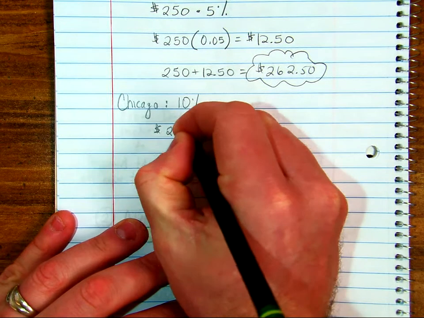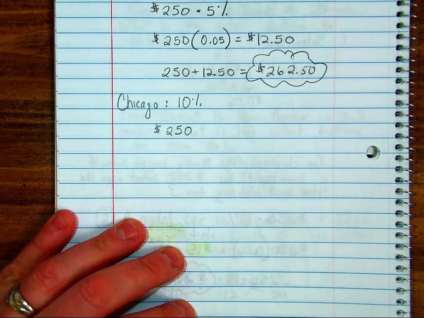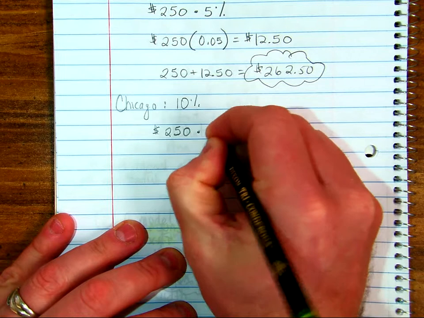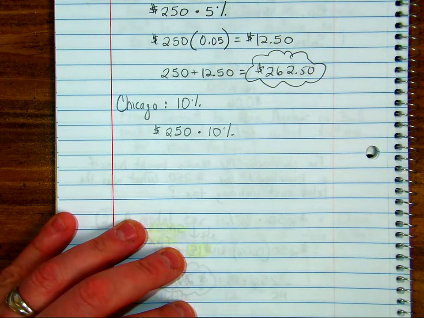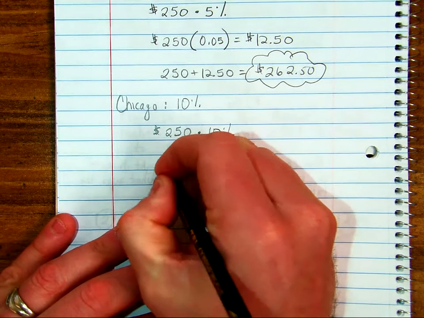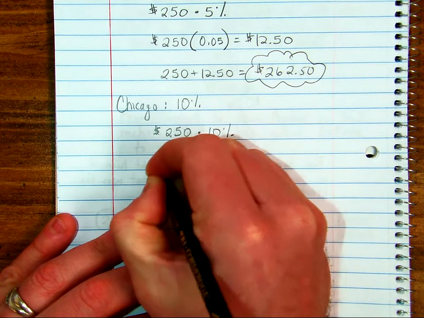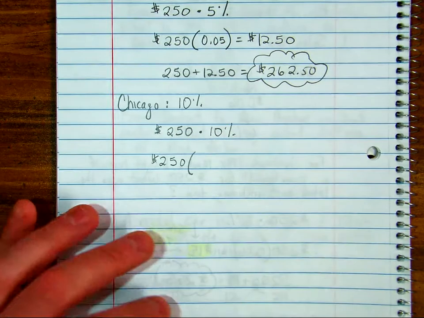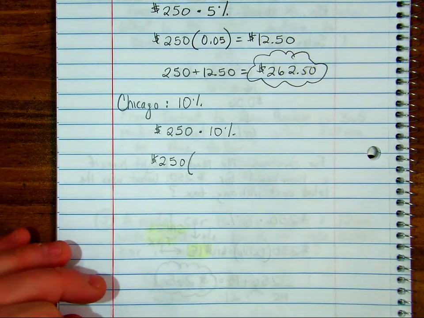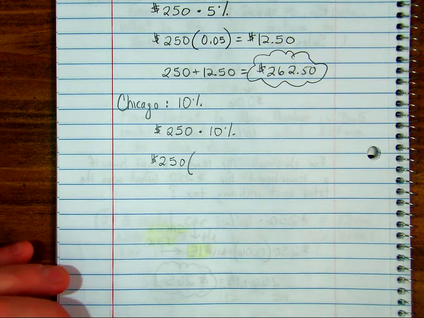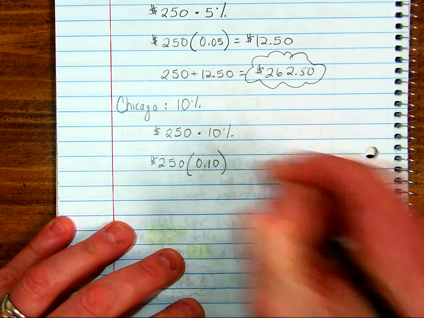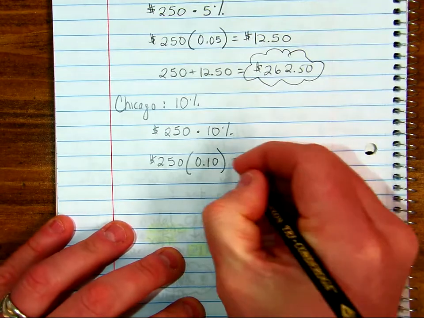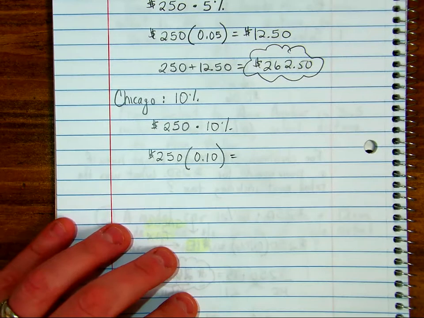A $250 hoverboard with a 10% sales tax. How do we write 10% as a decimal, Eliza? 0.9. Very good. And if you type that into your calculator, 250 times